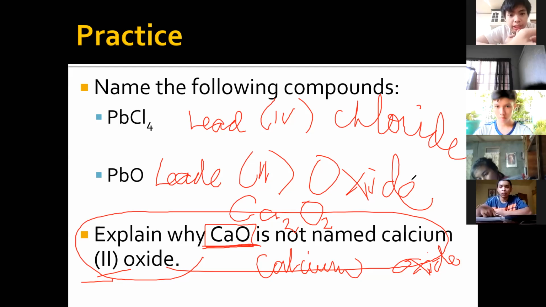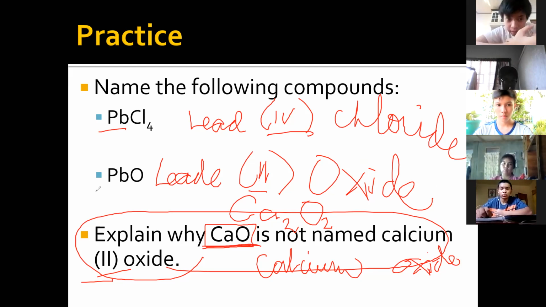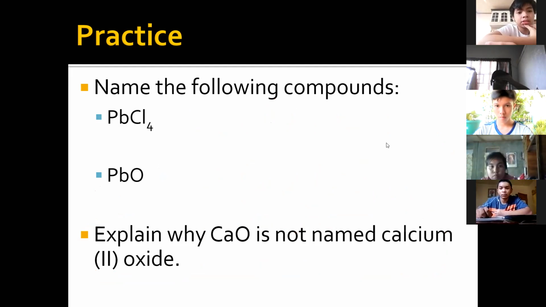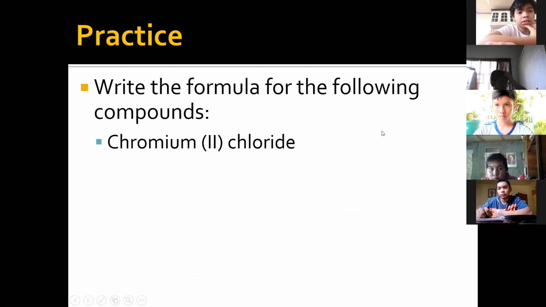Rubidium. For those with only one ionization, you'll just name it with the name itself. We only name it as lead 4, lead 2 because these elements have multiple ionizations, +2 and +4 for lead. For iron it is +2 and +3 and the likes. So here is the explanation there.